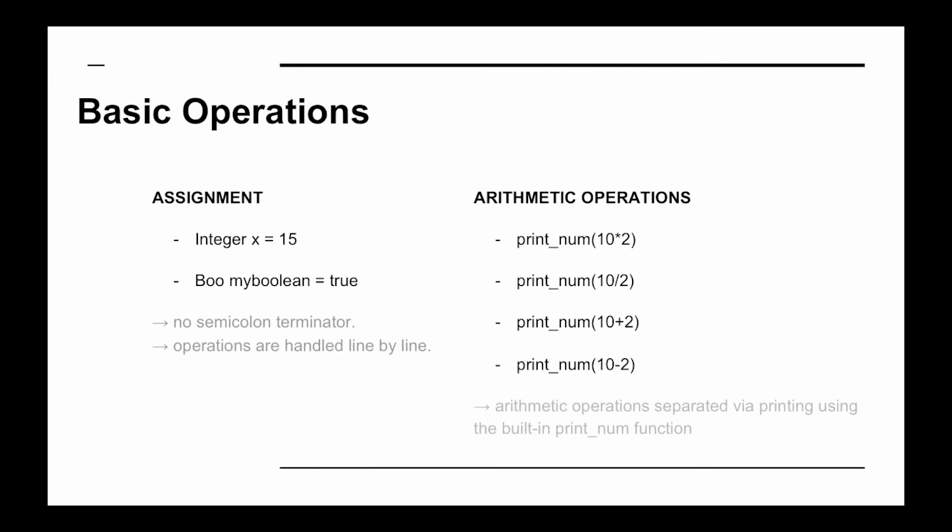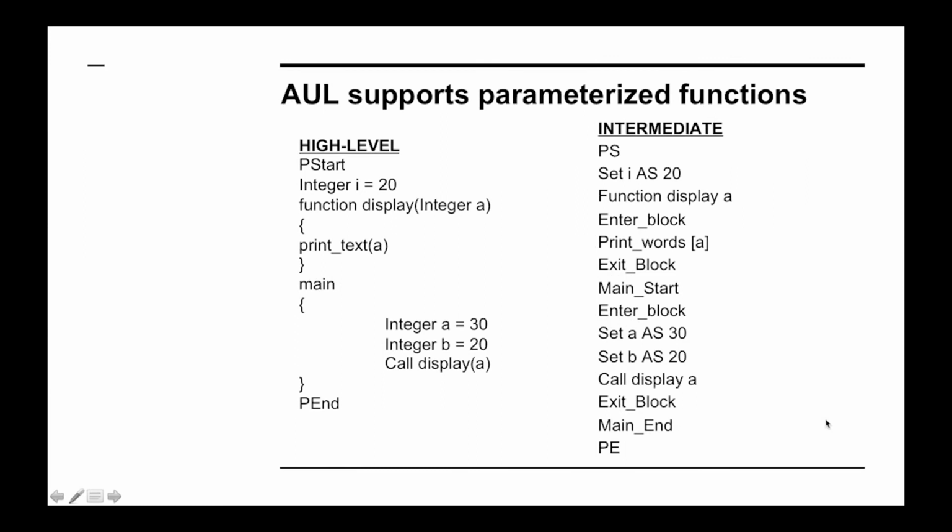It's the exact same process to assign a Boolean, except the keyword is boo with a capital B, your Boolean name for your variable, and then the equal sign followed by the word true or false. In order to do arithmetic operations, you need to write print_num, and then within the parentheses, put the expression that you want evaluated. OWL also supports parameterized functions. On the left-hand side, you can see the high-level version of our program, and on the right-hand